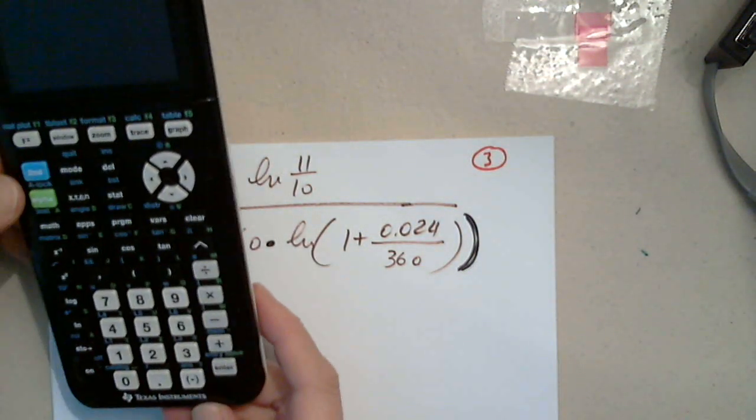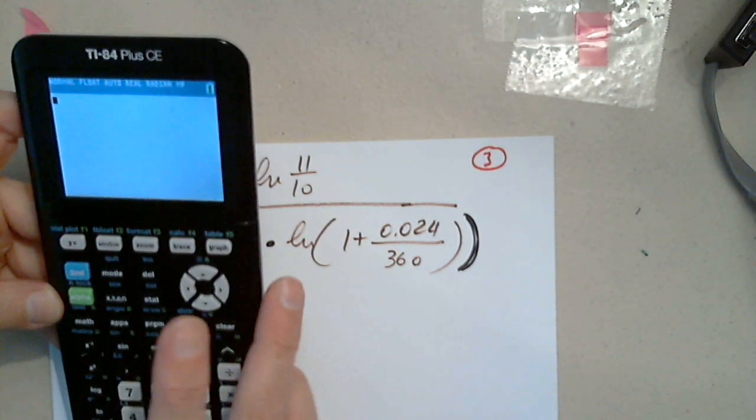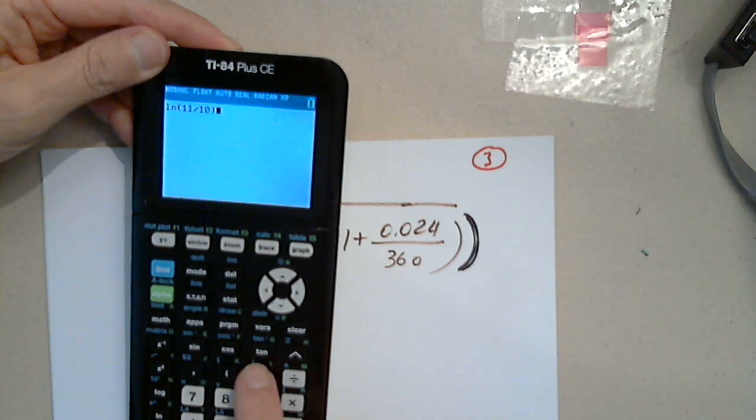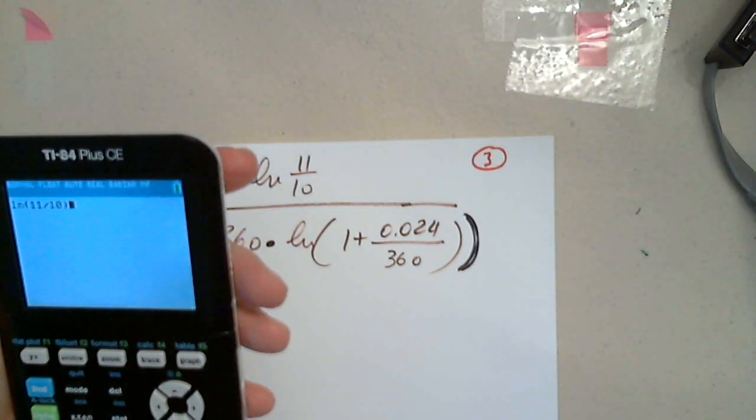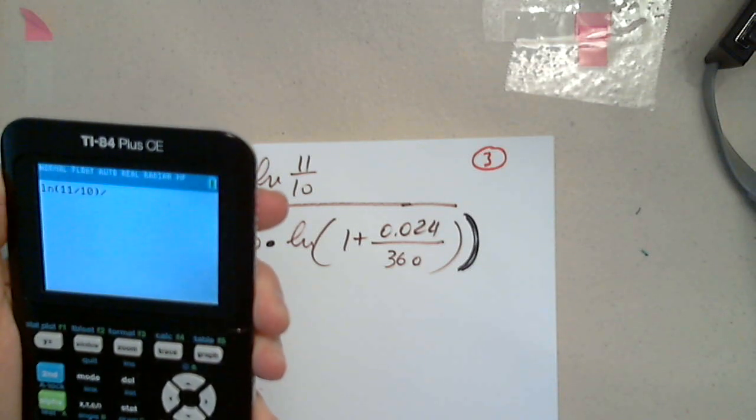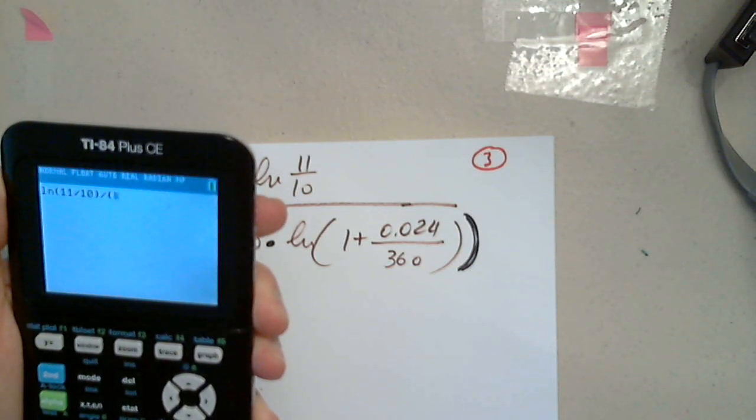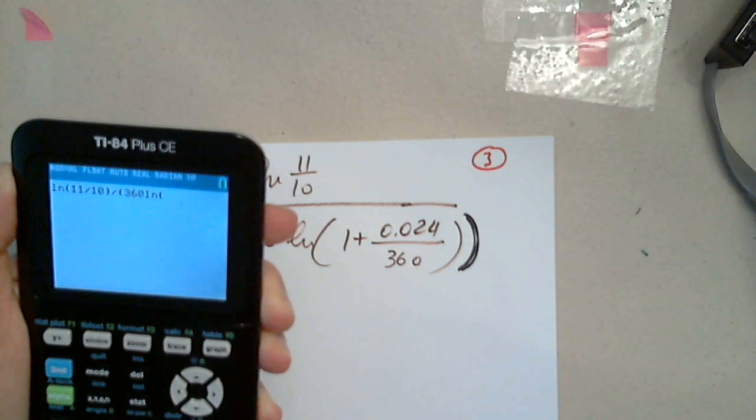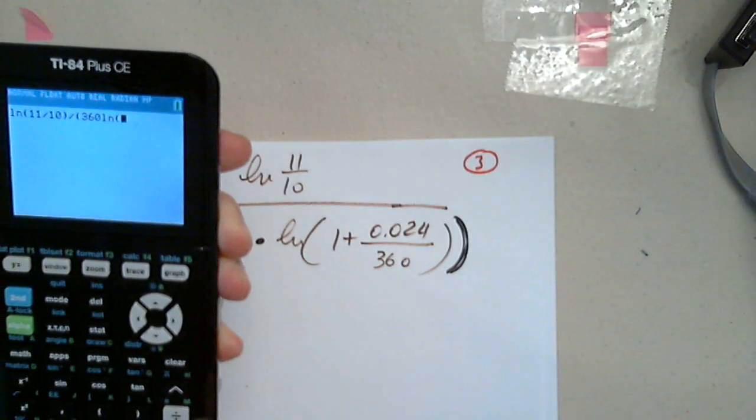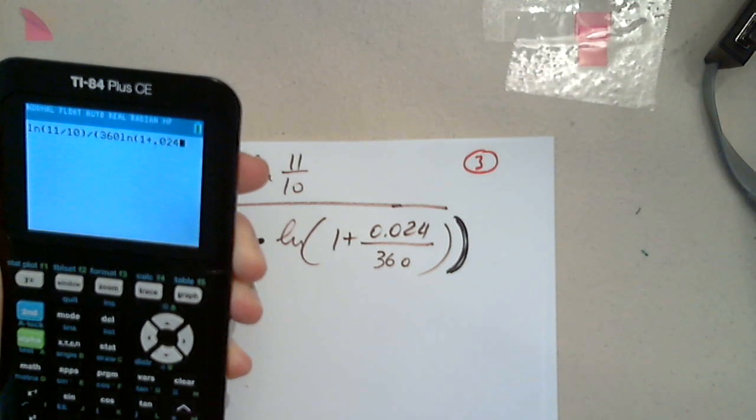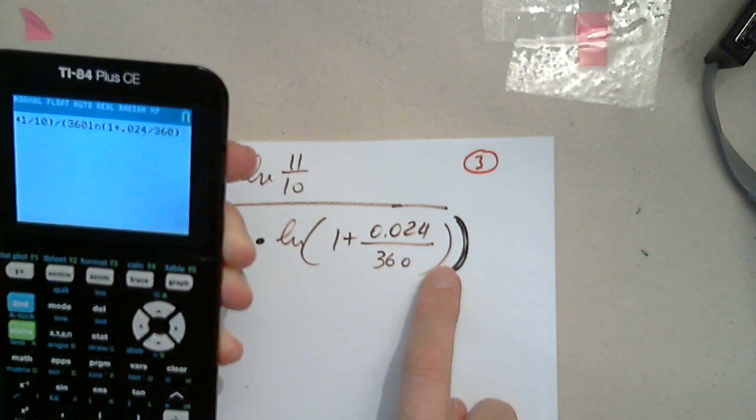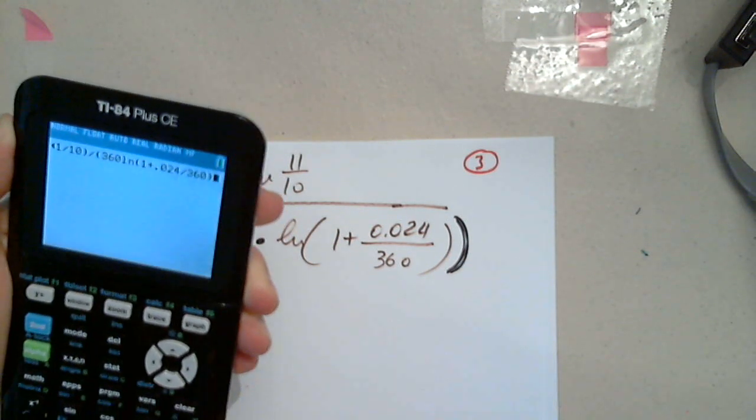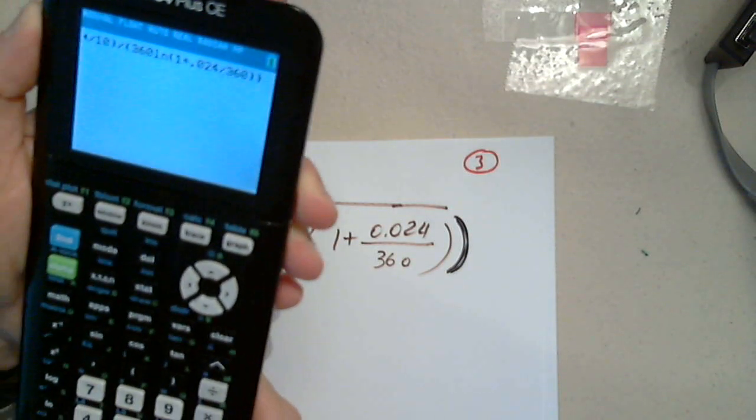Ready? Natural log of 11 over 10. Natural log. Let me know if you can see or if I should raise it. Okay, divided. Is it better? Yes. Okay, left parenthesis for the denominator, 360, natural log. You don't have to put a multiplication symbol. Natural log, and now careful how you put all this. It's 1 plus 0.024 divided by 360. Close the parenthesis that belongs to the natural log. But now you have to close the other parenthesis that belongs to the denominator. And when you hit enter,